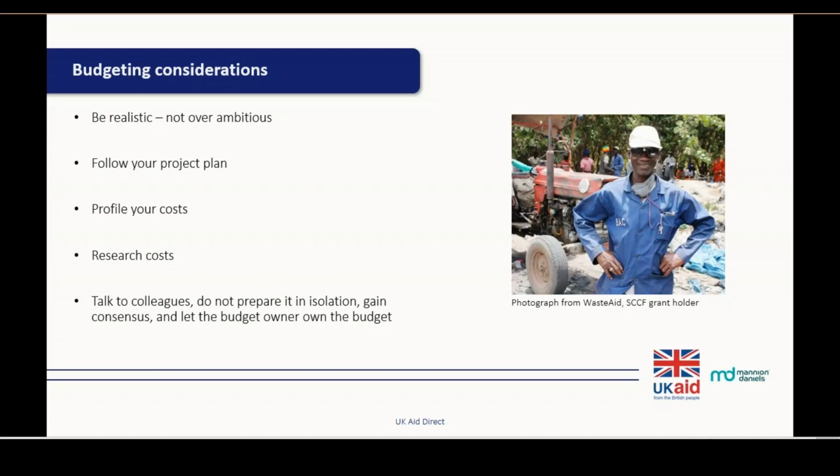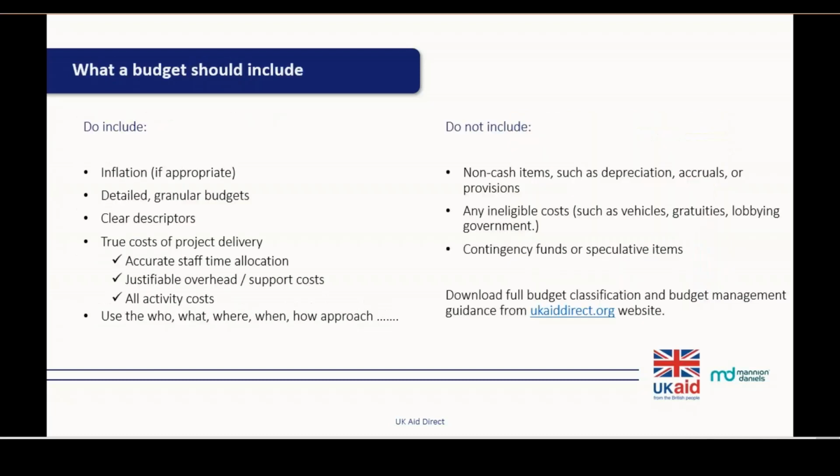It's also really important that you don't create your budget in isolation. So do make sure you involve colleagues, particularly your colleagues who are going to be delivering the project, and also make sure you involve your implementing partners if you do have implementing partners, as they'll have a clear idea of the budget and the costs as well. So in terms of what your budget should include, again, this is all online, and there is a list of what items are eligible and what items are ineligible. So please do look at that document.